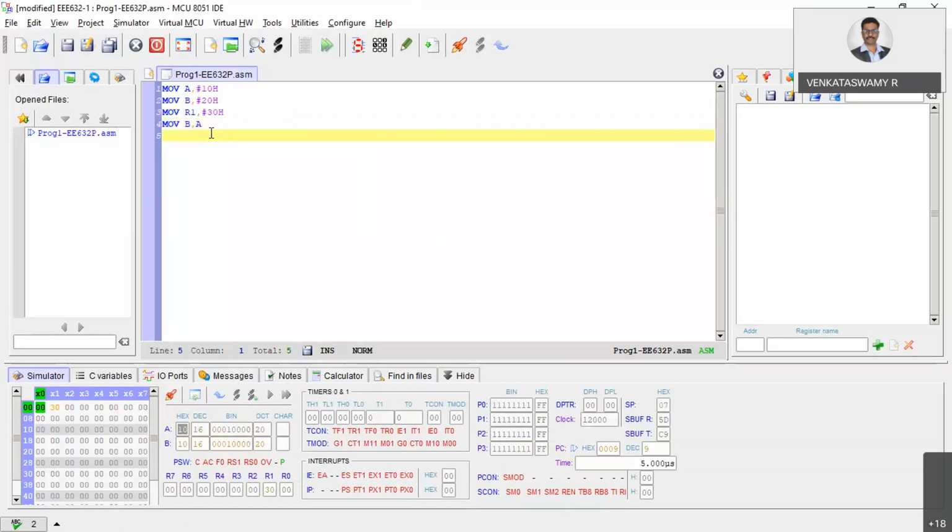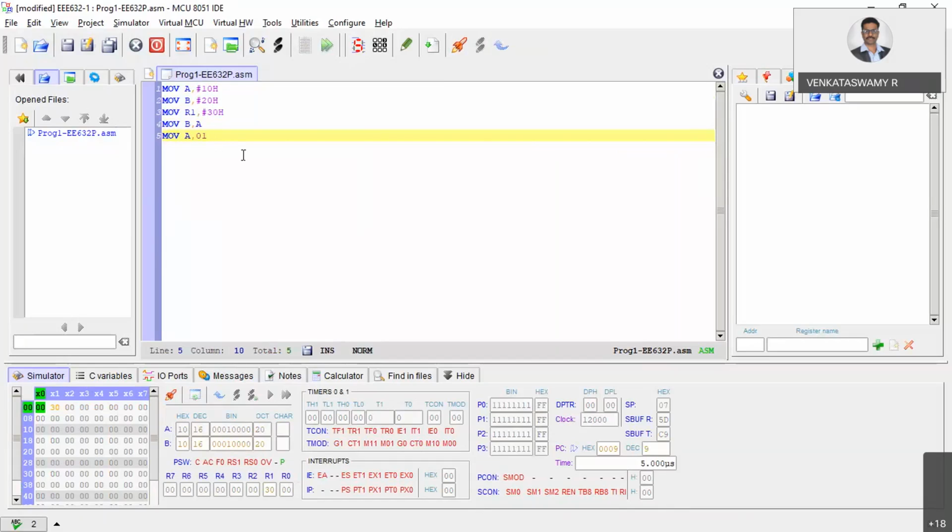Now what I request: move A comma 01H. Can anybody guess what this instruction will do?